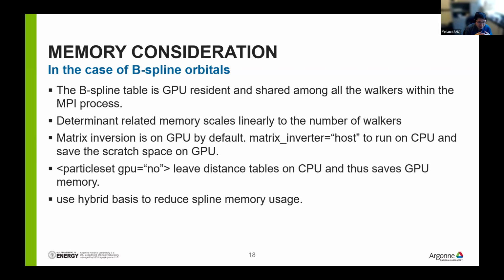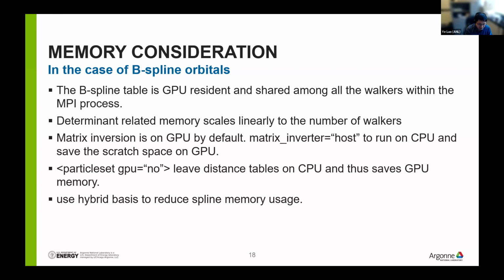In that scenario, you can use some ways to work around it. For example, by default, matrix inversion is done on GPU. If you think you're not doing matrix inversion that often, you can turn it off, say do the inversion on the host. That means you don't need to use the scratch memory for all the matrix inversions,